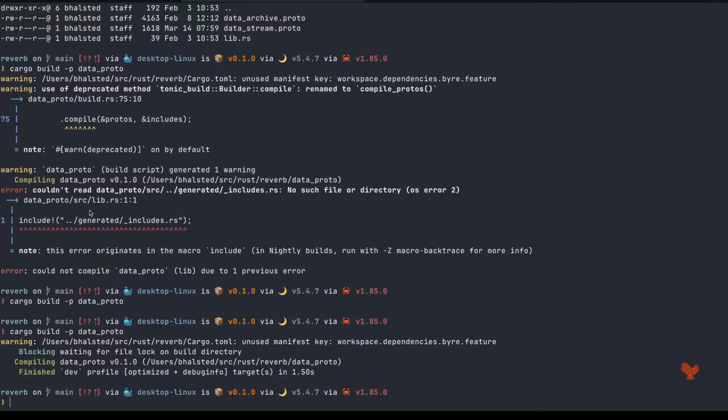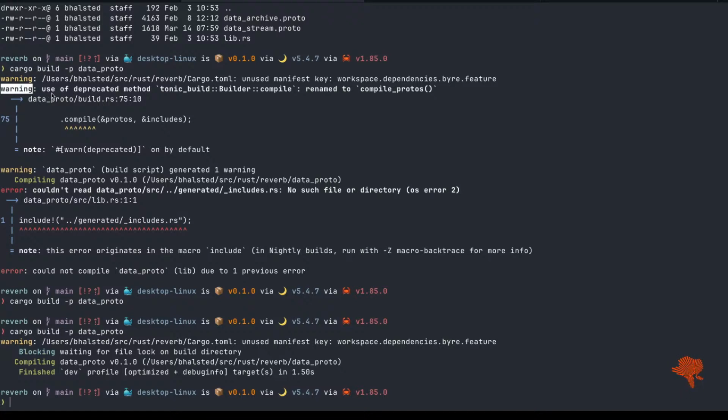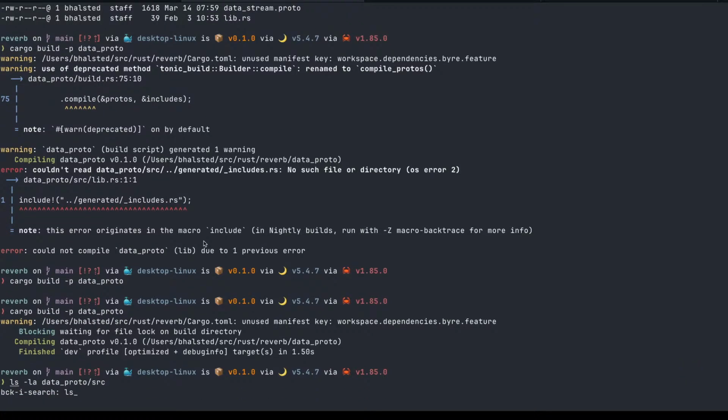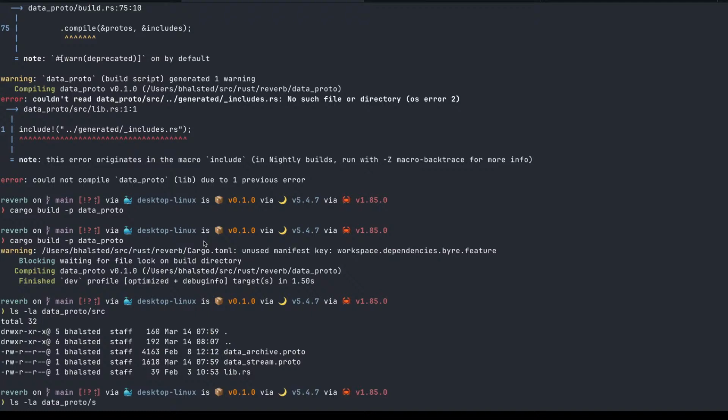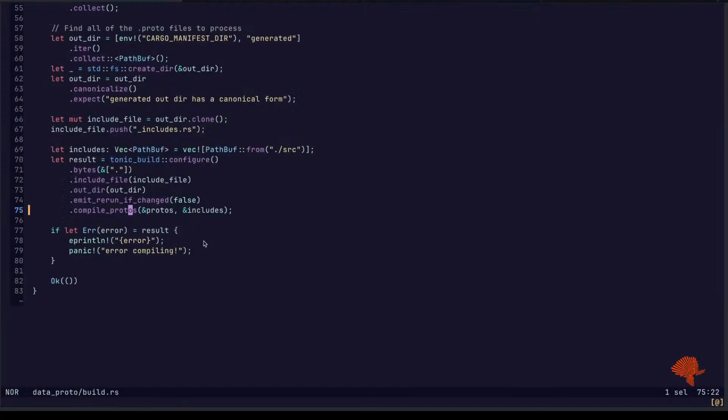Okay, fine. I'll accept that. I was using a deprecated function. It should have been an error. Warning is not good if it's not actually doing anything. Okay. Everything's back. Great.